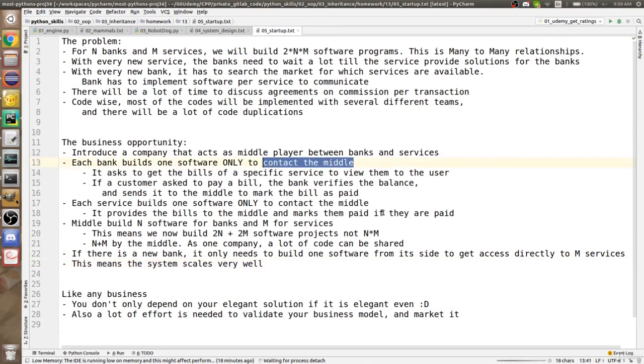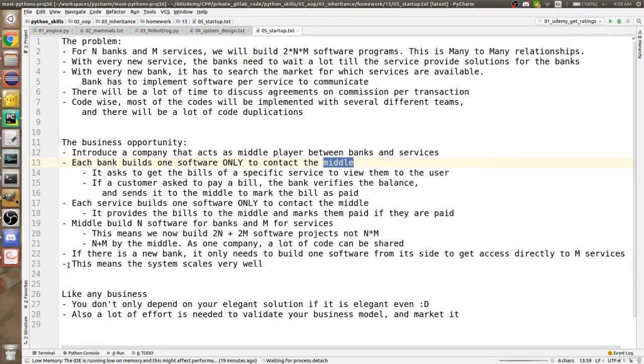And if you are already connected to the middle layer, then all you need is to pay the middle layer some extra new fees to register in the system. This way, the hassle of building a new communication is mainly with the middle layer. Only if there is a new bank or a new service are we adding their own code, which makes sense. Otherwise, we are sharing a lot of functionality.